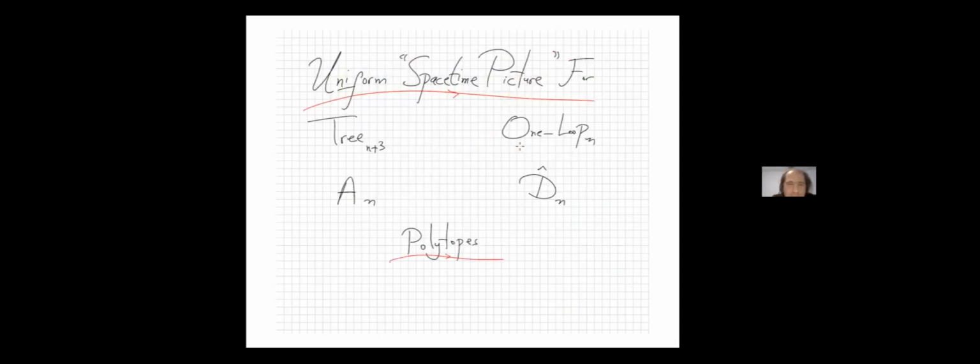All right, but now I want to tell you what I think is an extremely simple and lovely picture for how to think about the polytopes at tree level and at one loop. Okay, so there's the tree polytopes for n+3 point scattering, which are the A and Surfacehedron, and the polytope for one loop scattering at n points, which is this D hat n Surfacehedron, this D hat n polytope.